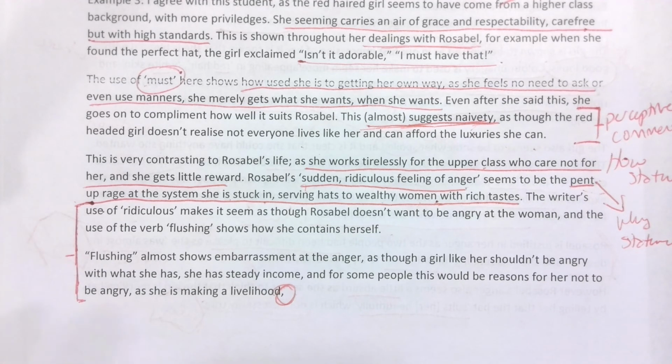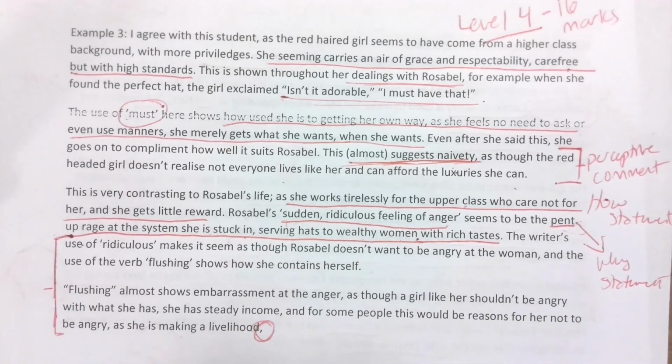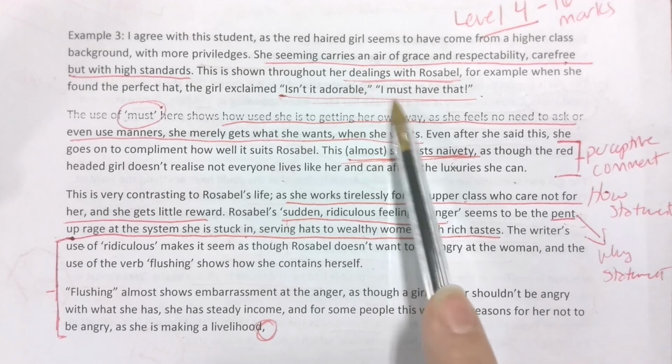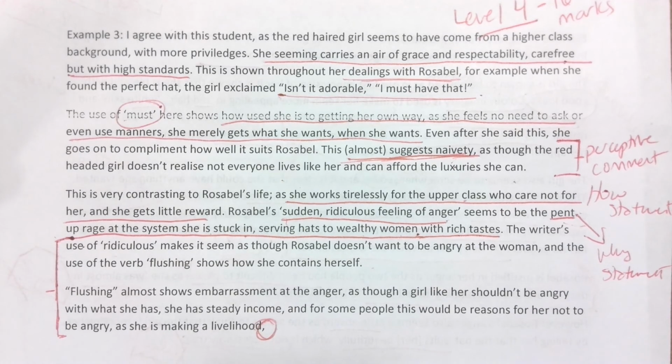So just remember, it is much better to write a little, right? So this is the length of the level 3 on the other side, but it's better to write a lot about a little than trying to write everything about everything, right? Pick 2 or 3 things. So we've got 2 quotes here. So don't try to overcomplicate it.